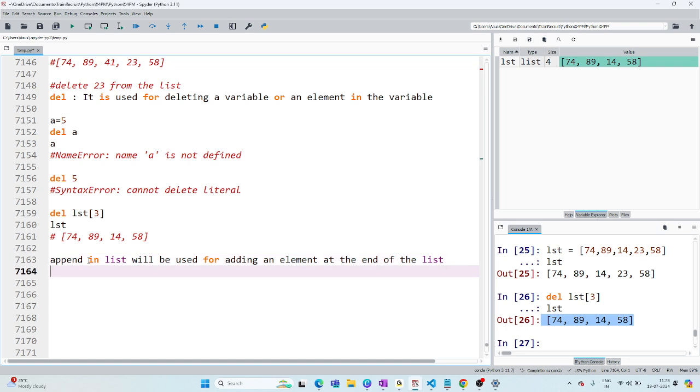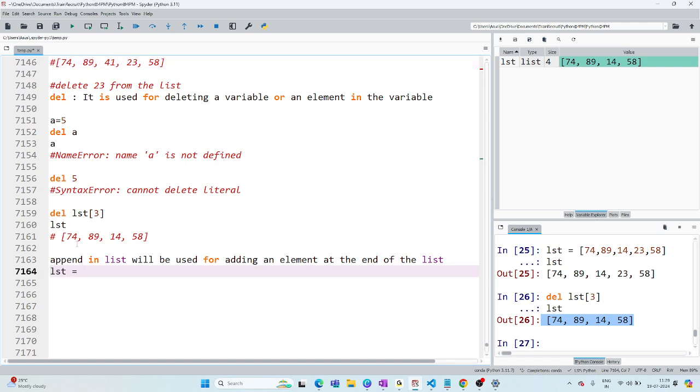Getting my point? So append is a property of the list. It will be used for adding an element at the end of the list. So how to use it, sir? Now I will create a list.